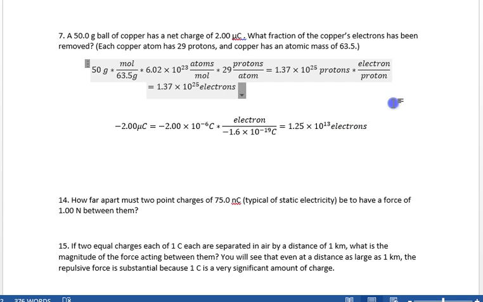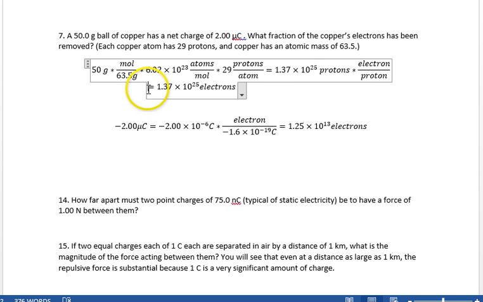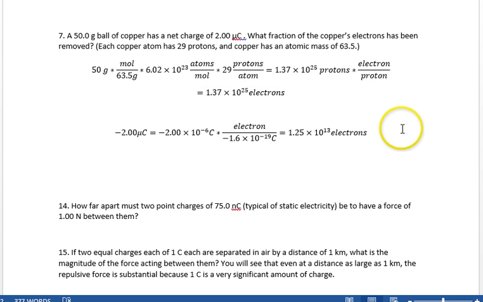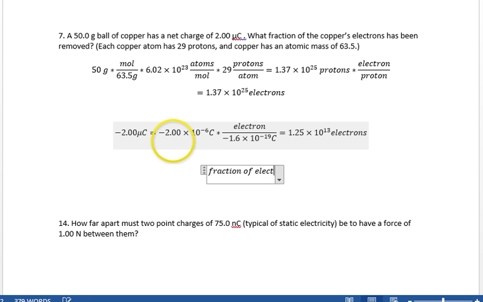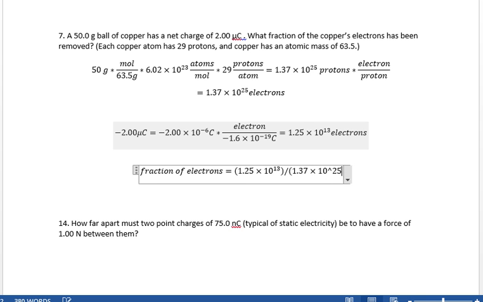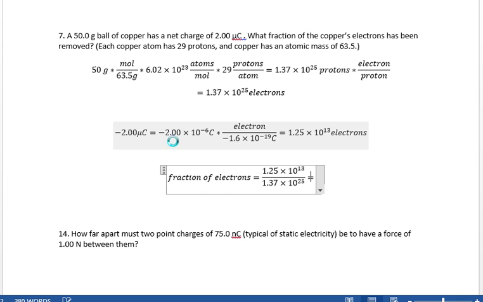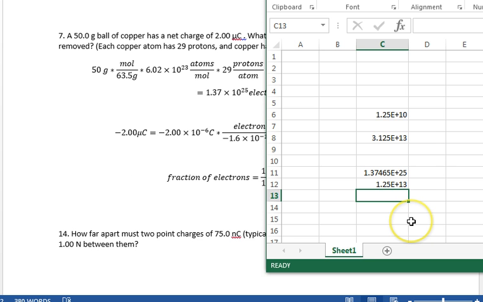So at the end of the day, the real question is, what percentage of electrons are we talking about? The fraction of electrons removed is 1.25 times 10 to the 13th electrons divided by 1.37 times 10 to the 25th electrons, equals